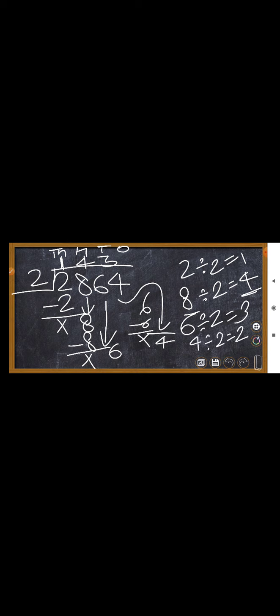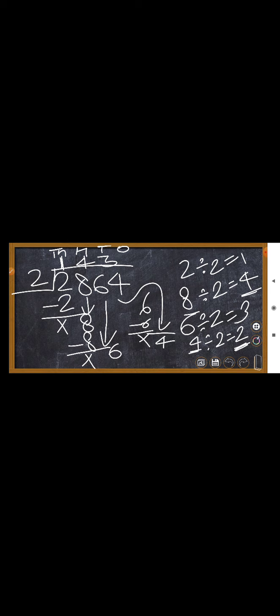Okay, now divide the 6 tens by 2, so what will come? 3 tens. So write 3 at the tens place of the quotient. Then 2 threes are 6, here I am writing now. So 6 minus 6 is equal to 0. Now bring down this 4. Now divide this 4 ones by 2, then what will you get? 2. So where to write this 2? At the ones place, because we are dividing 4 ones by 2.